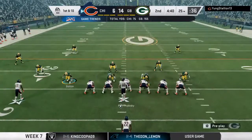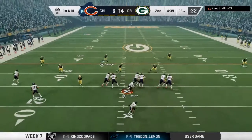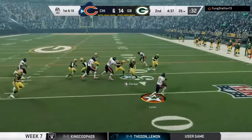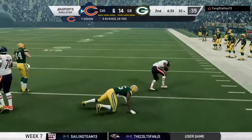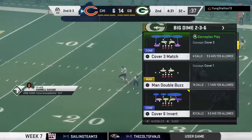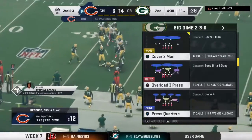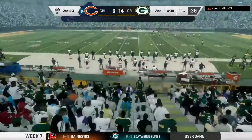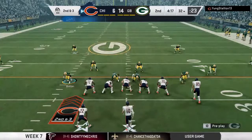The Bears offense is ready to go for their next drive. They'll start things on first with Torrey Cohen, and he's going to be dropped following a pickup of 7 past the 30 to the 32. They'd love to just strike back with a touchdown right here, and if it's a long play, so be it. But the main goal: get a couple of first downs, run some plays, run some clock,